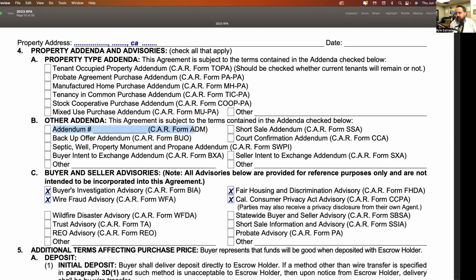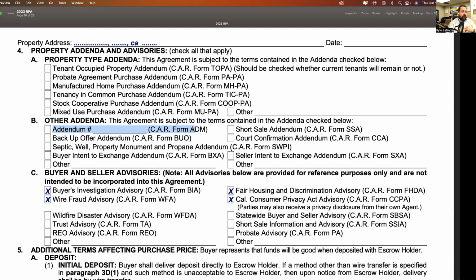They need to add these when the offer is done, not when the offer has been accepted, like the solar panels. Okay, so there are certain things that need to go with the offer, but when the offer is accepted, you can still sign any of these amendments or addenda. They can be incorporated in. It just doesn't have to be incorporated. So you can't just say blanketly, no, you have to do this at the beginning or you can't do it. That's not the case. Any of these forms, any of these addenda, any of these amendments, any of these advisories, if they weren't sent in with the original offer, they can be incorporated later